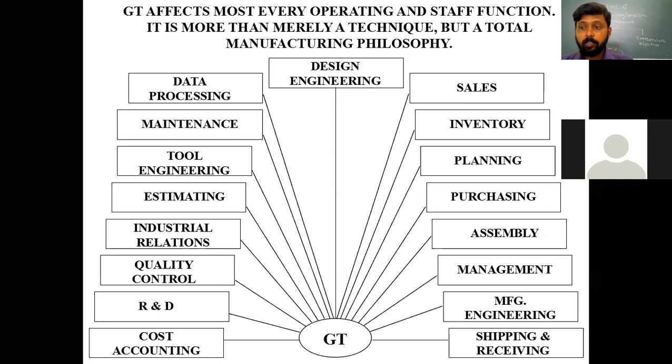Okay, now group technology affects what? We just saw an example. If you want to apply group technology, if it is required to rearrange the machines, then the machine will be stopped, the machine is in down condition. So no production is coming out, the machine is idle. Okay, so what are the other things that group technology affects? It affects each and every part of the manufacturing process or an industry. What are those? It affects design engineering, it affects data processing, it affects maintenance. You can see from this diagram, these are the parts of an industry which are affected by group technology. Even cost accounting also gets affected.